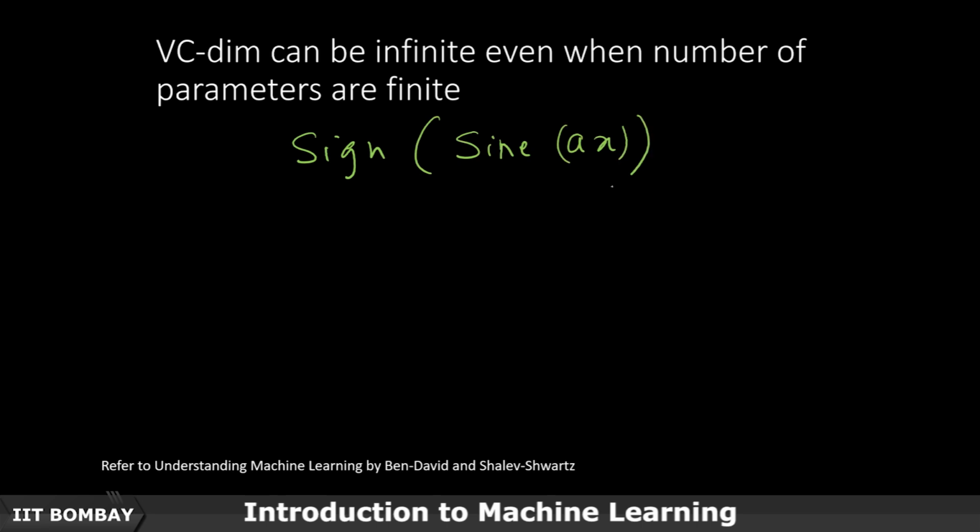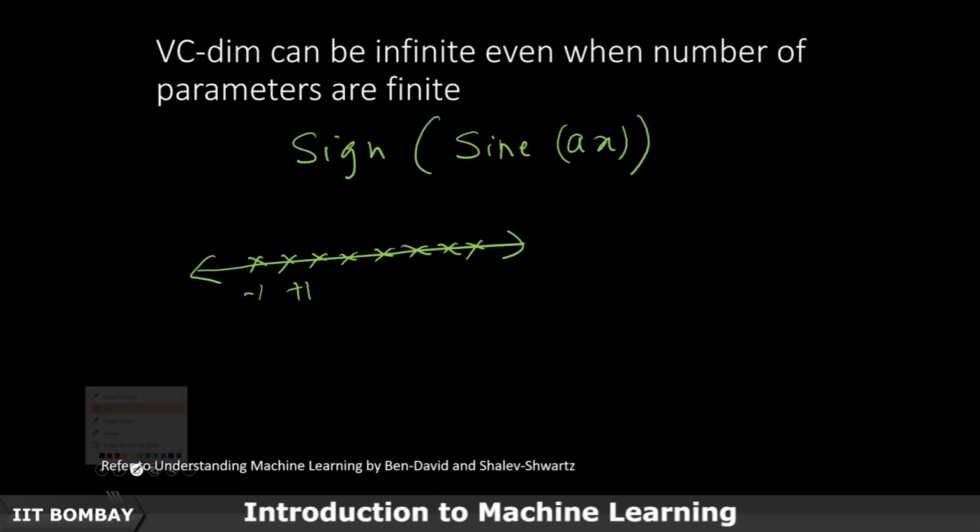Okay. So when the sign is positive, then we will have a positive class. When the sign is negative, we will have a negative class. Instead of 0 1, now we are looking at -1 +1 labeling. So in this particular case, we can actually have infinitely many samples, and we can give them arbitrary -1 +1 labeling, yet we can construct a sine wave, by carefully choosing the scaling parameter such that it basically puts them